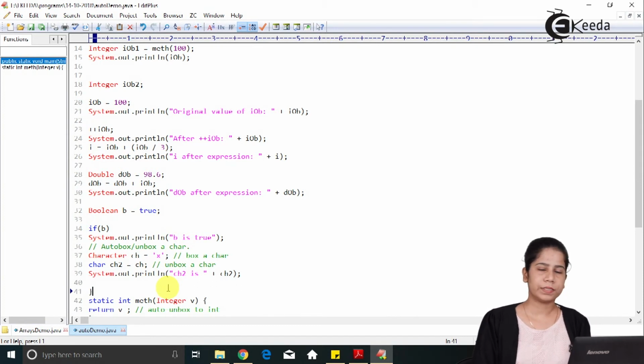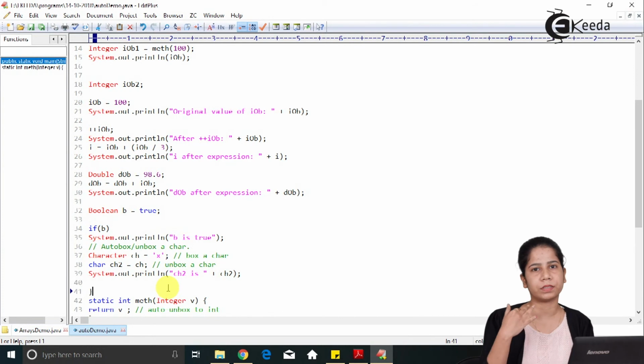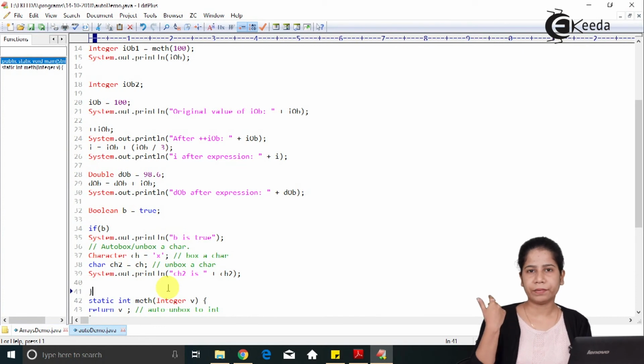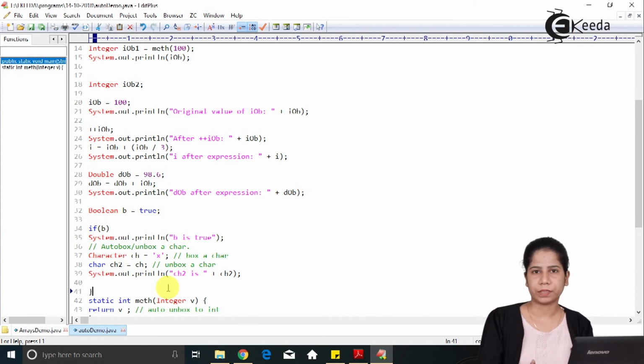If I summarize it, if I have primitives and want to convert them into wrappers, that happens automatically in Java, that is auto boxing. Then if I have a wrapper object and I want that converted back into primitives, then I go for auto